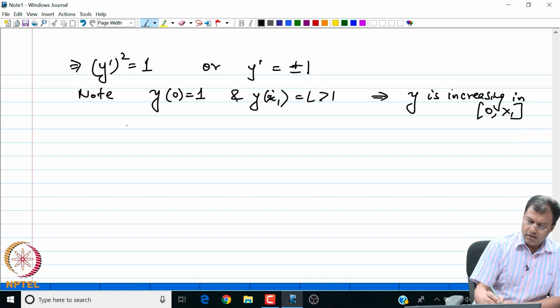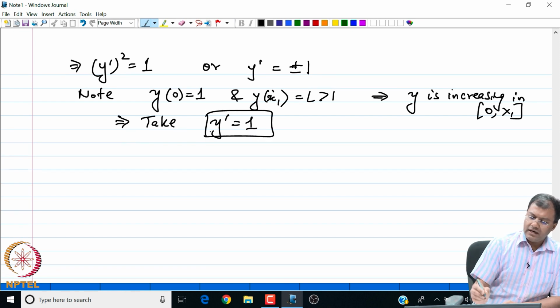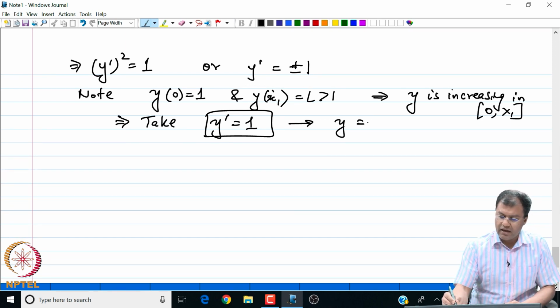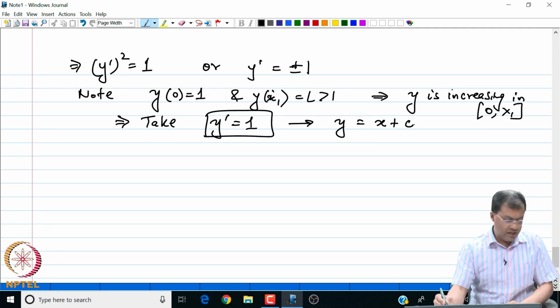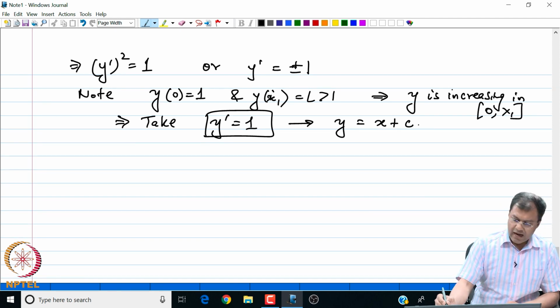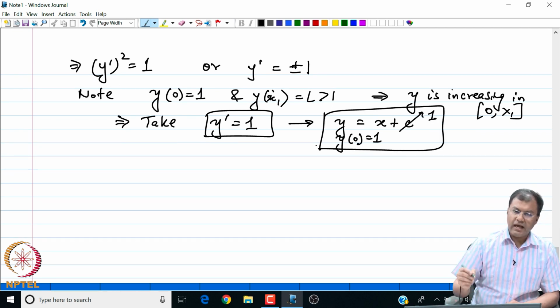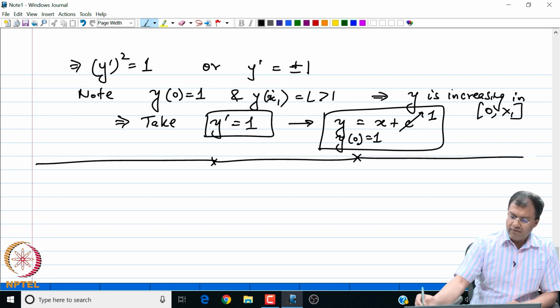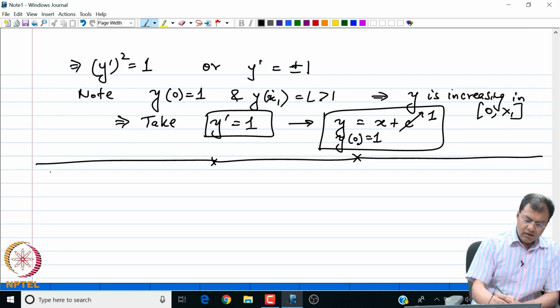So, which means that we take the solution y prime is equal to 1, that is, the derivative must be positive for the solution to increase. From here I get that y is x plus a constant c, and also y of 0 is equal to 1. So this c is 1 and hence I get my extremal. Okay. So then let us look at an example of this variable endpoint problem with